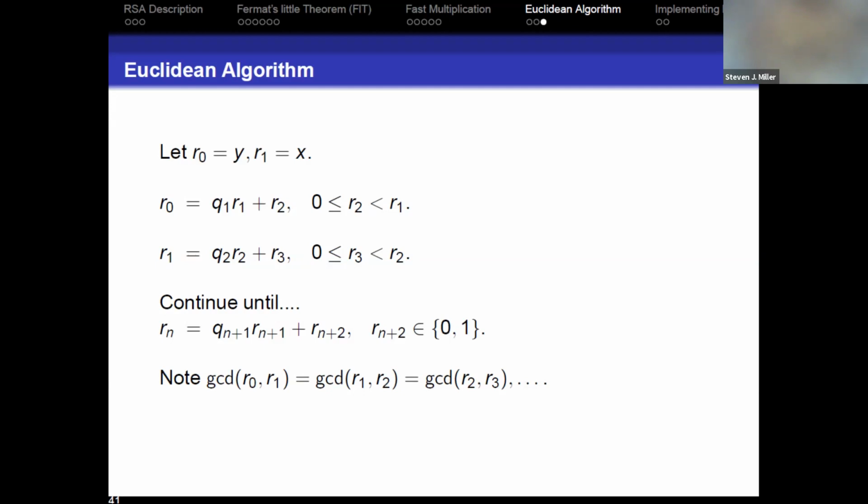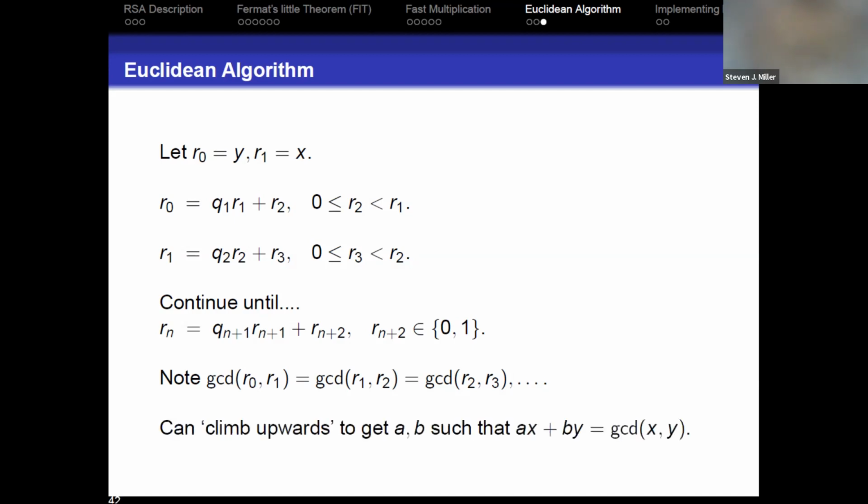Conversely, if I divide R1 and R2, I'm going to divide R0. So as a nice exercise, you prove that the greatest common divisor is preserved as you march down the sequence. And so if we end with a 1, then the greatest common divisor was a 1. If it's a 0, you then just look at the previous level. So there's a limit to how many technical details you want to go through.